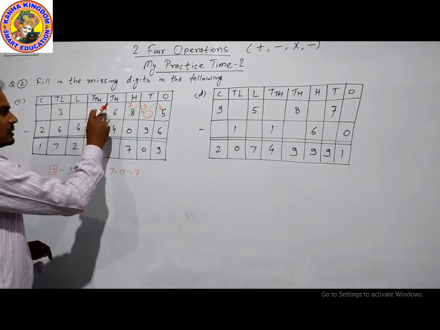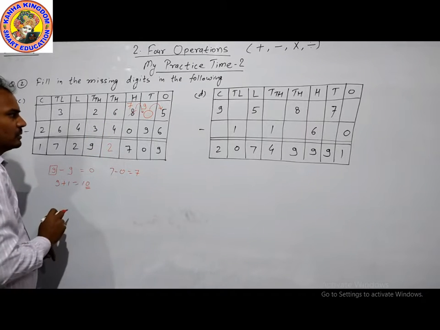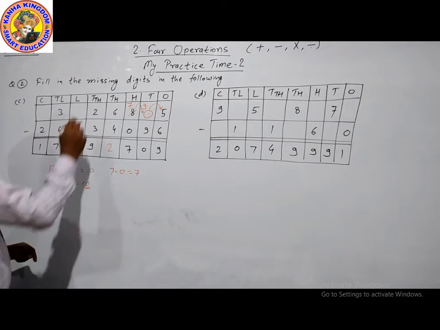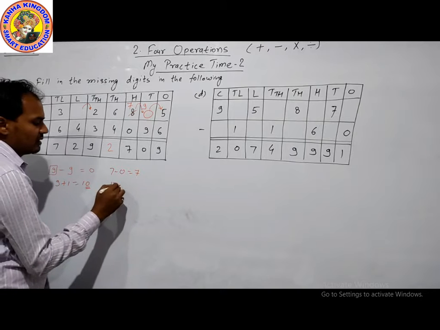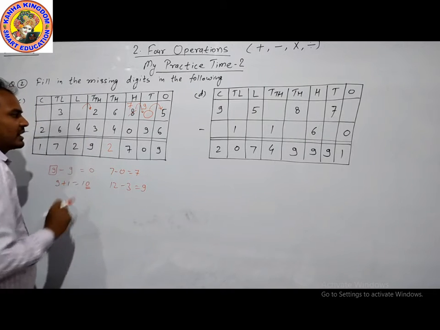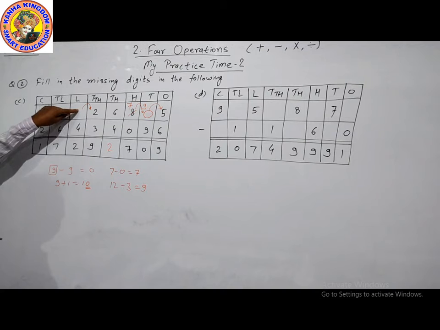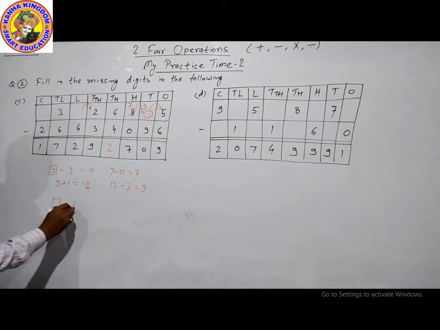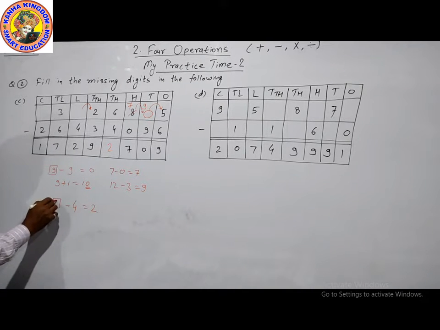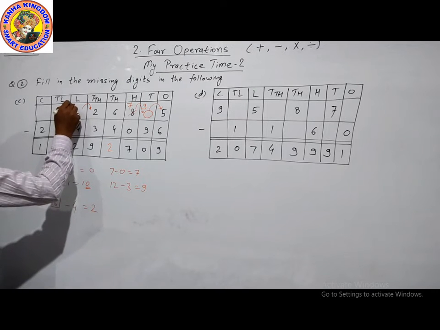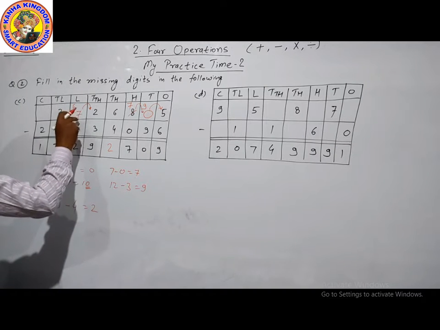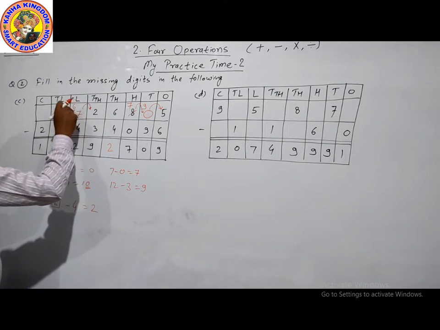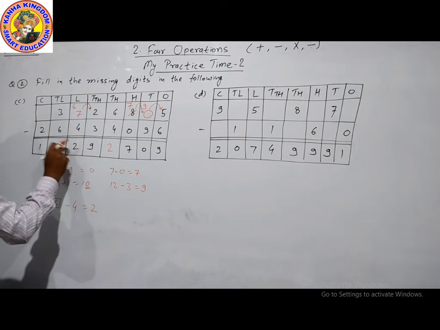This is correct. Now 6 minus 4 is equal to 2. 2 minus 3 we cannot subtract, so we will take a borrow point. Now this is 12. 12 minus 3 is equal to 9. Now this is correct. Giving a borrow point, here is a digit and subtract by 4 to get 2. 6 minus 4 is equal to 2. Here is 6, but this has already given a borrow point, so this will be 7. Now 7 giving a borrow point, 7 will convert into 6. 6 minus 4 is equal to 2.